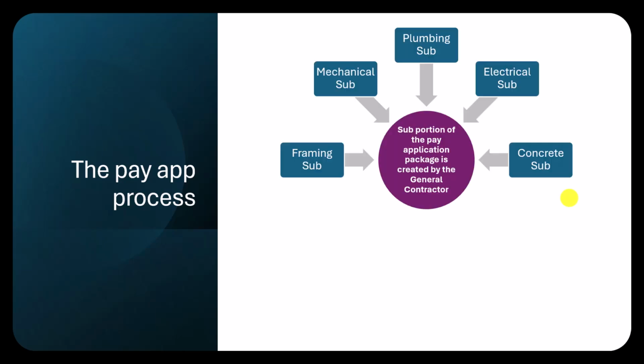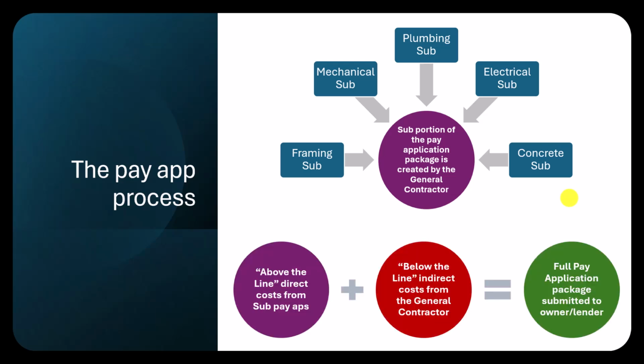So let's look at this in a little bit of a different way with some diagrams. We've got 5 different subs on our job site: framing, mechanical, plumbing, electrical, and concrete. They're all going to work for a month, hopefully. In this situation, you are the general contractor. So all of these subcontractors are going to give you their pay application. You are going to then review and approve or reject their pay applications,